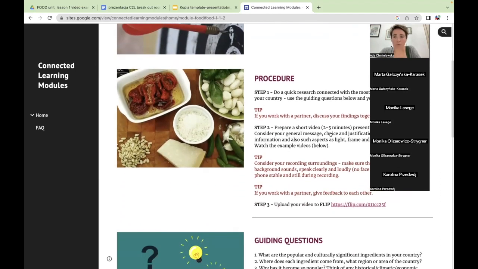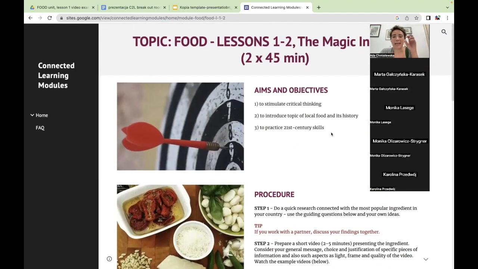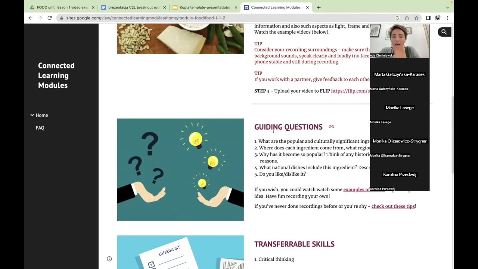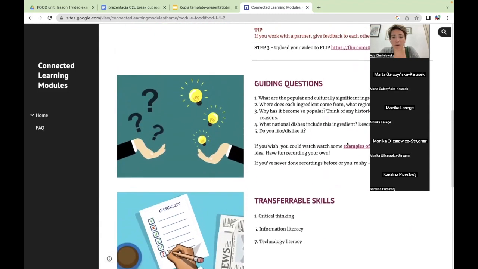So the first part was designed for approximately 90 minutes of work. So it could be 2 lessons or however you structure it. The idea is that students choose one ingredient, not the dish, but the ingredient that is traditional, typical for his or her country. Here are some guiding questions for the inquiry, because they actually have to do some research behind it, and prepare